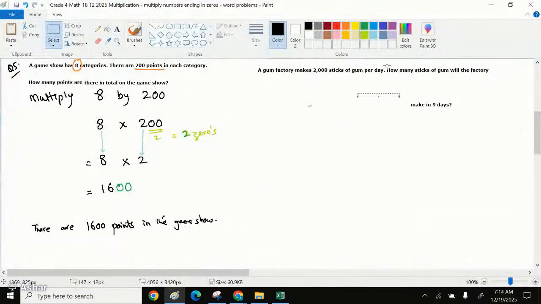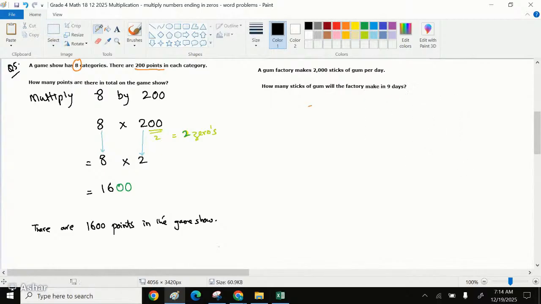Okay. This says, how many gums will the factory make in 9 days, right? So we put it together. Okay, let's do the question. Question number 6 states, a gum factory makes 2000 gums per day, and they're asking about how many in 9 days. So what we need to do is we need to multiply